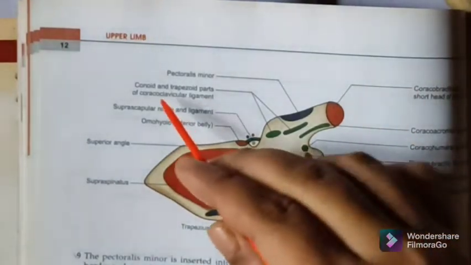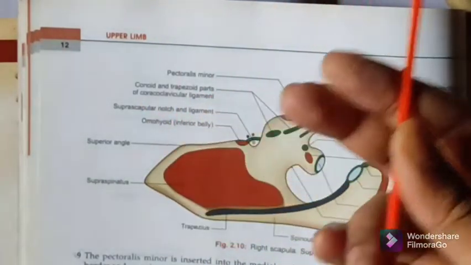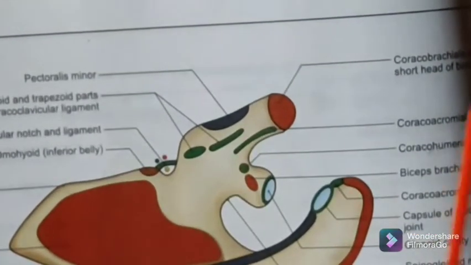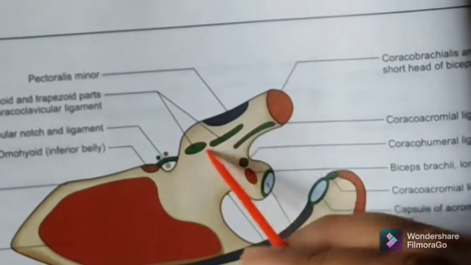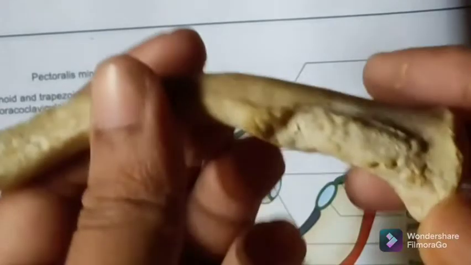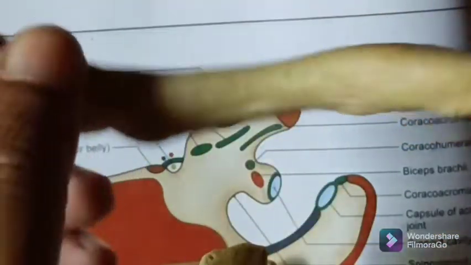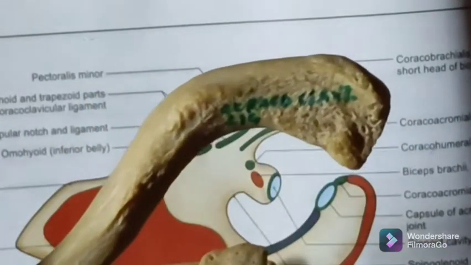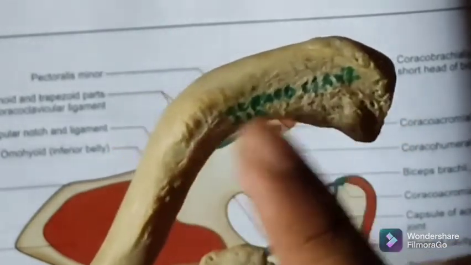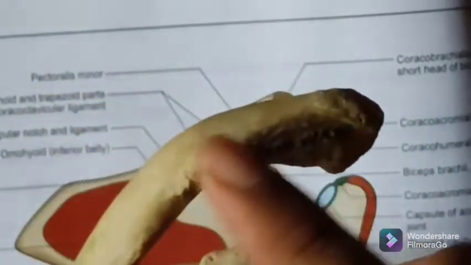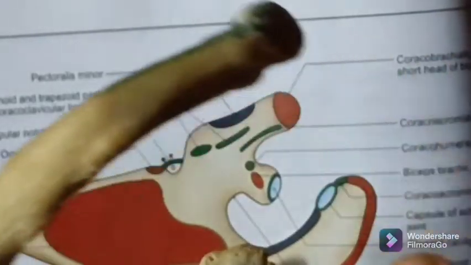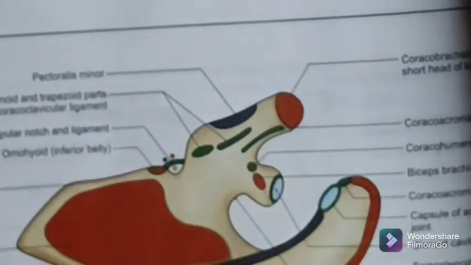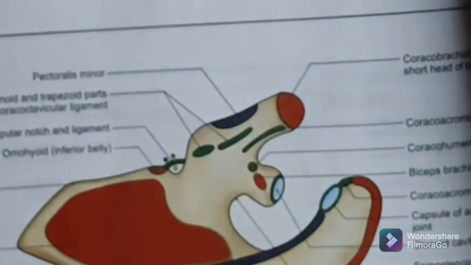Now coming to the coracoclavicular ligament. Now it has 2 points of attachment. It has a conoid part and it has a trapezoid part. So I think you remember from the clavicle video, I taught you that there is, in the inferior aspect, in the lateral one-third, a rough elevation. This was called the conoid tubercle and there was the trapezoid ridge. So these 2 portions are in relation with the conoid and trapezoid parts of the coracoclavicular ligament, which is in the coracoid process of the scapula.